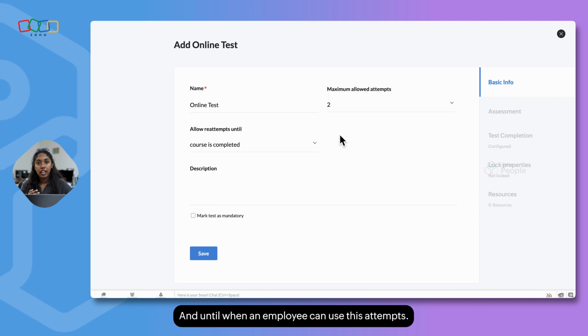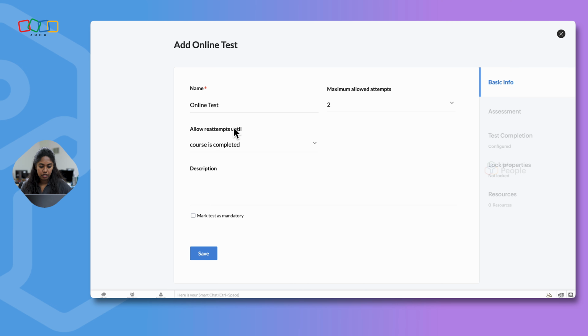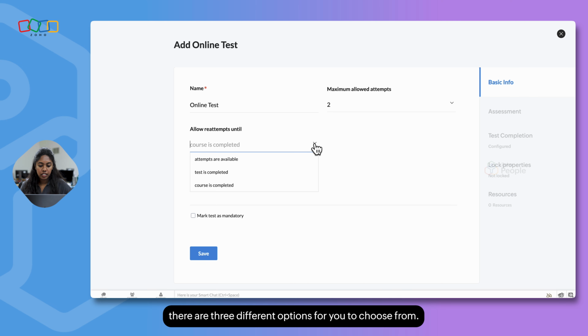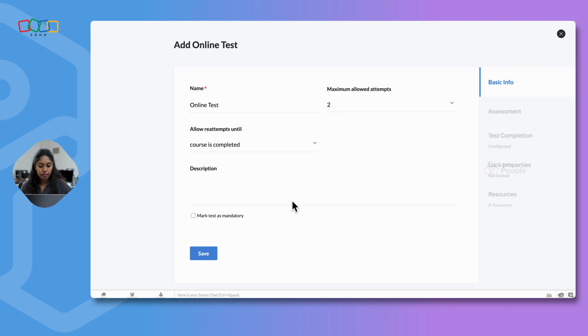And till when an employee can use these attempts. So this is an option, allow re-attempts until. So there are 3 different options for you to choose from. Attempts are available, test is completed, or a course is completed. You can choose between any one of the options here. Again, you can write a description and mark this one as a mandatory test.